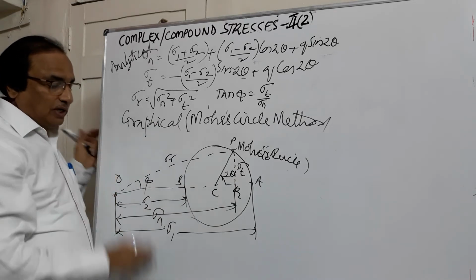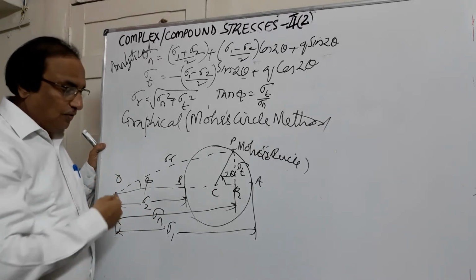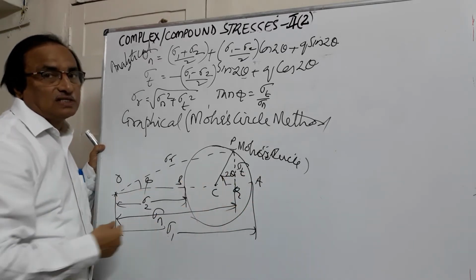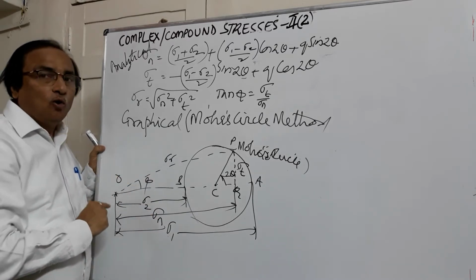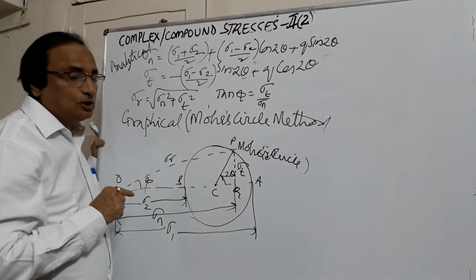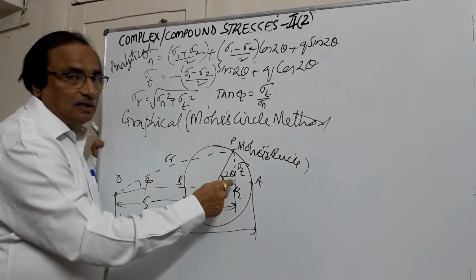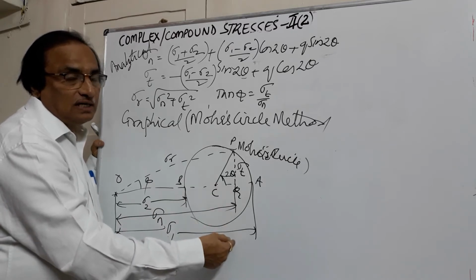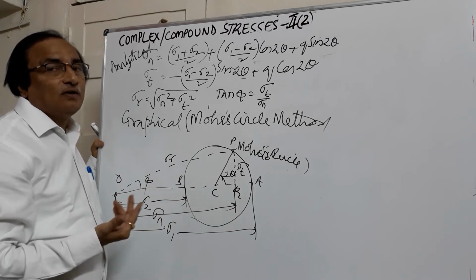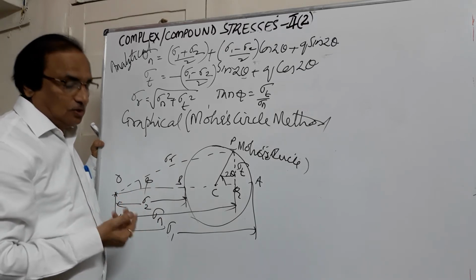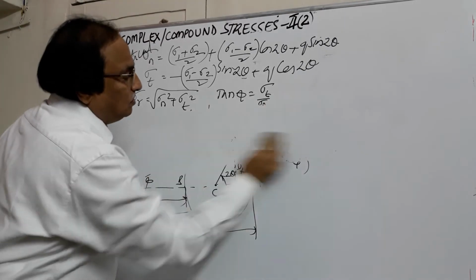Now here we again use a sign convention. Tensile is positive, so we measure it in the right direction if it is tensile. If it is compressive, we measure it in the left direction from the origin. If the shear stress is positive, we draw the line down at the point on the outer side, and we draw the line upwards at a point on the inner side. When we take up the problem, we will be using these sign conventions. So let us take up a problem and try to solve it.